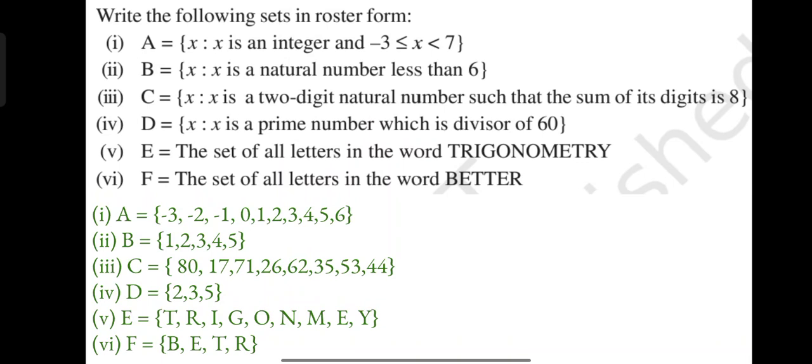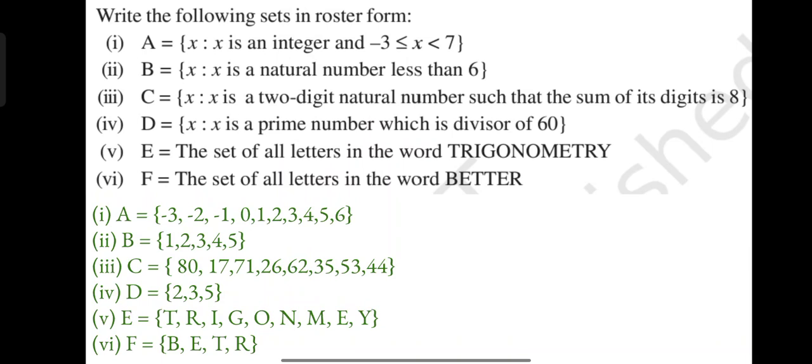Okay, we can write it in different orders. We can write the elements in shuffled order, not in this order. It also represents the same set, and it is also correct since we know that in a set there is no order. Okay, but there should not be repetition as well.